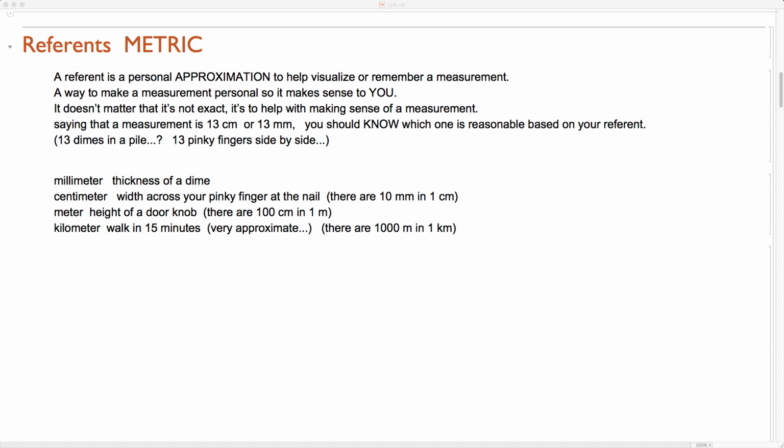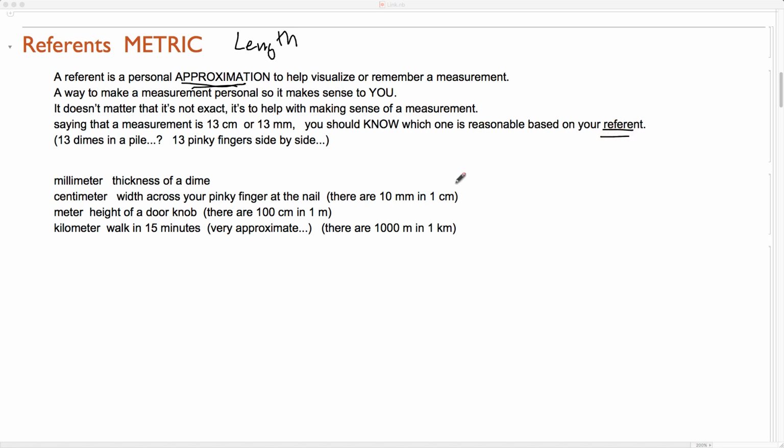In this video, I'm going to talk a little bit about some referents that you can use for metric units of length. The textbook gives you some of these as well, and I want to emphasize that these are approximations. They don't have to be exact. It's helping you to visualize or remember a measurement. Saying a measurement is 13 centimeters or 13 millimeters, you should know which one is reasonable based on the referent